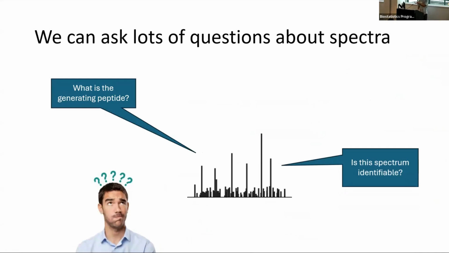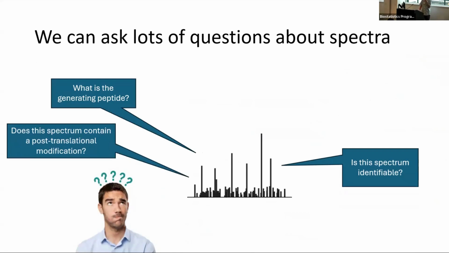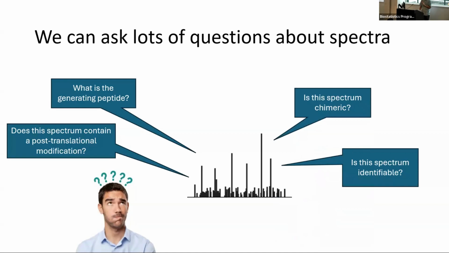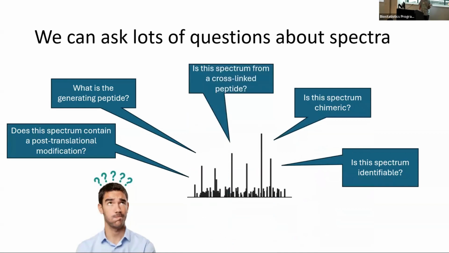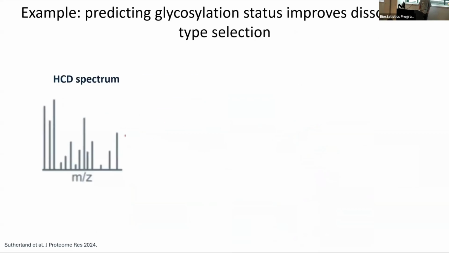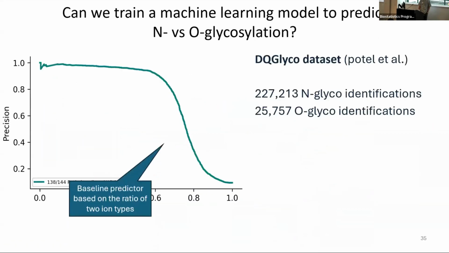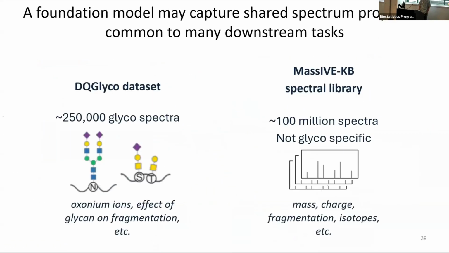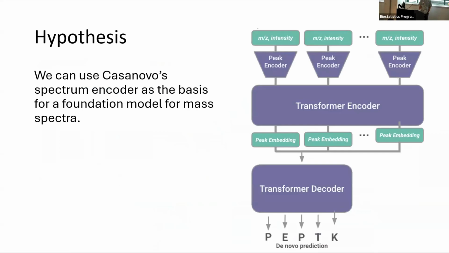That's what's known as quality control or quality prediction. Does this spectrum contain a post-translational modification? Or is it chimeric? In other words, was it generated by more than one peptide? Or is it from a cross-linked peptide in the setting where you're interested in cross-linking? And so I'm going to skip the example here and go to the main hypothesis, which is our thought, actually